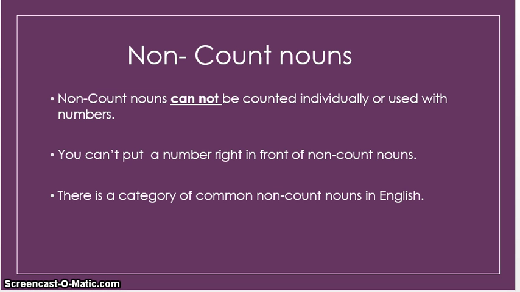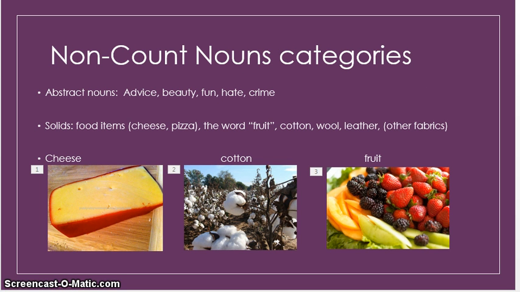Now let's talk about non-count nouns. These are nouns that cannot be counted individually or used with numbers. You can't put a number right in front of non-count nouns. Also, there is a category of common non-count nouns in English. Let's talk about these categories. The first category is abstract nouns. These are words like advice, beauty, fun, hate,